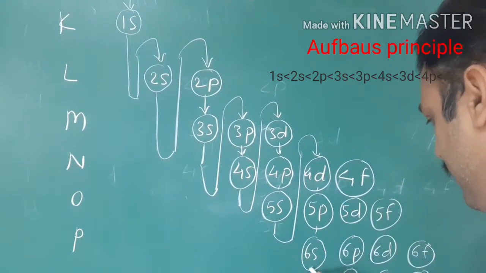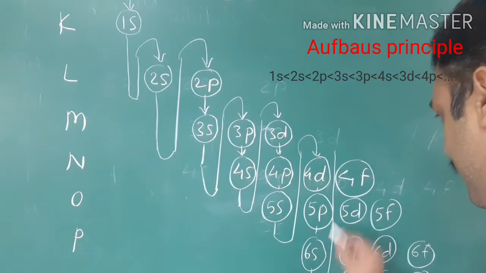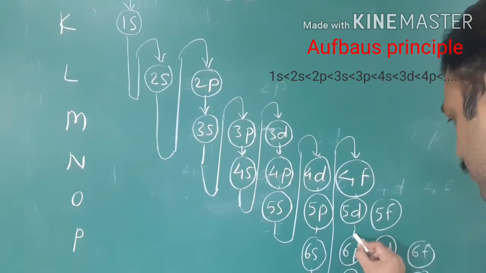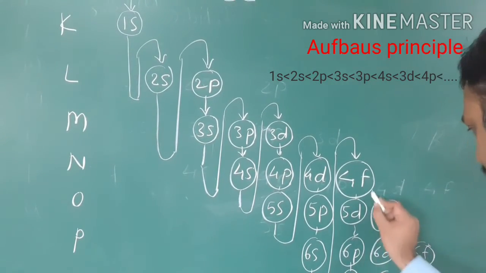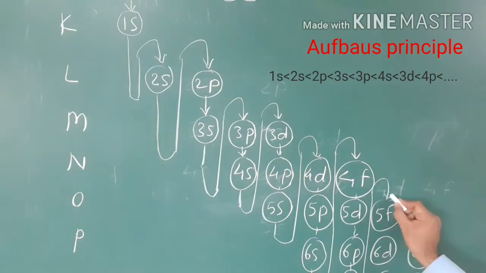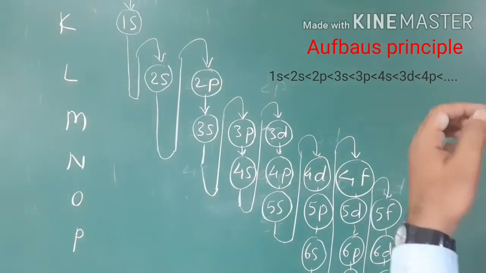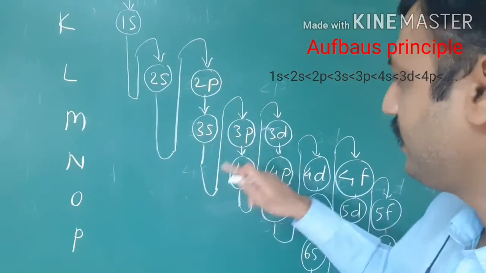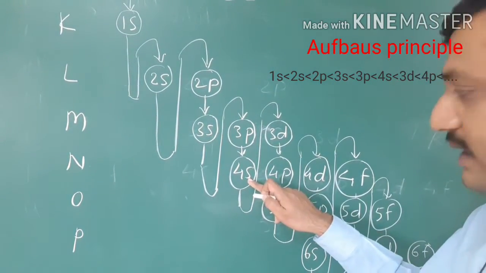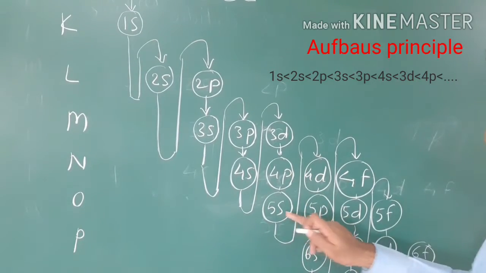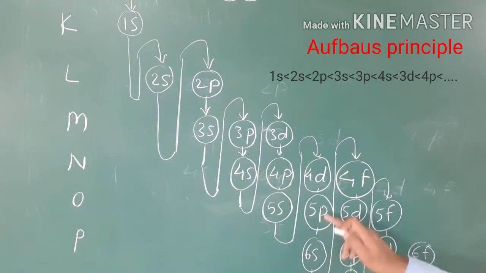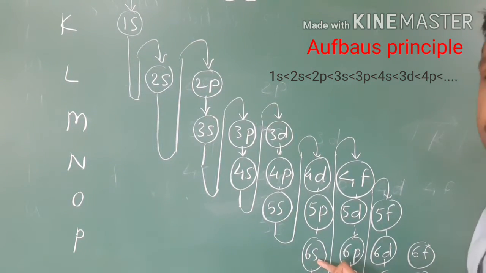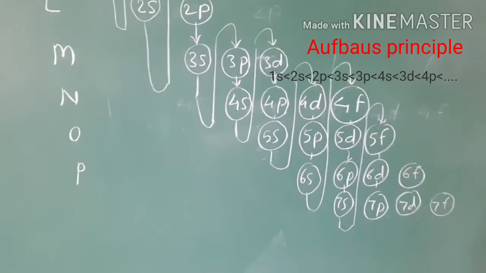Okay, so in this way the electrons get distributed. You should practice this diagram again and again, isn't it? Here the tricky thing is that below the p subshell, after 2p, we should start the 3s. After 3p, we should start 4s. Then after 4p, 5s. After the p subshell, below the p subshell, we should start the s subshell of the next shell. Okay, you can see here.